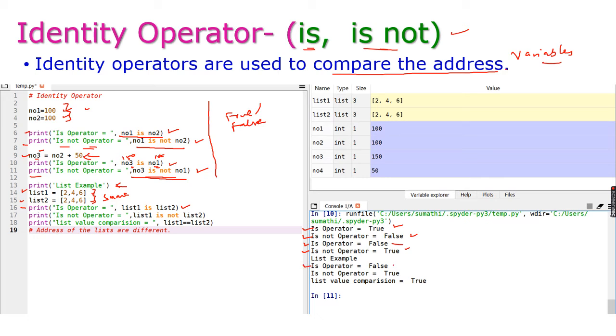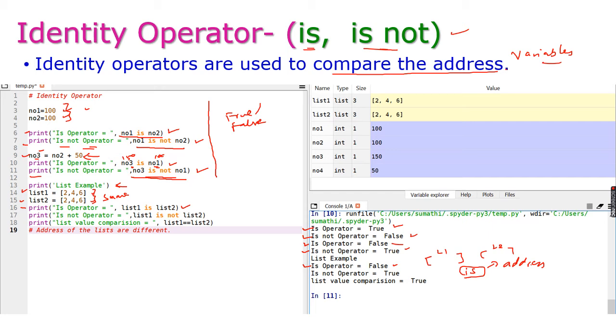The is operator will give false because the lists will be stored in different addresses. List 1 will be somewhere in the memory and list 2 will be somewhere else in the memory. So by using is or is not, we are going to test the address of those two variables.